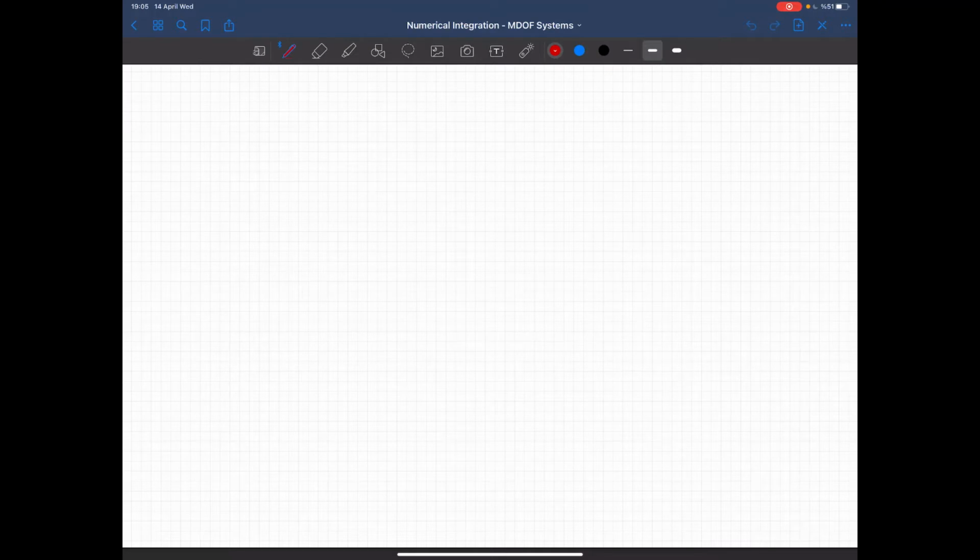Now let's take a look at the Newmark algorithms again and rewrite them for the multiple degree of freedom systems. First I will be looking at the explicit Newmark integration. So we said that the acceleration, this time it will be a vector, at the next time step will be